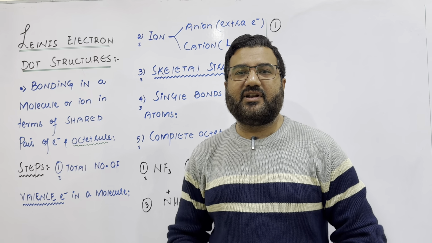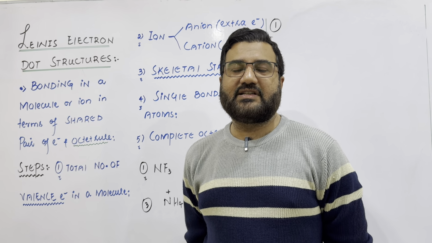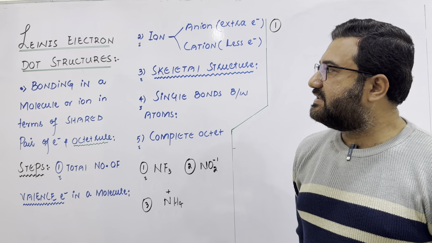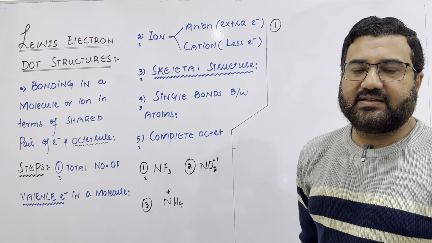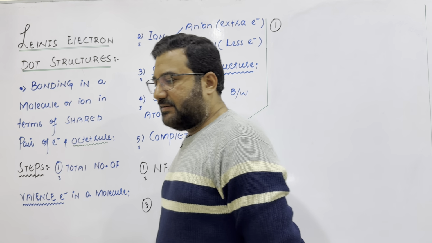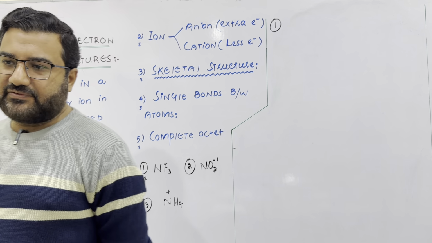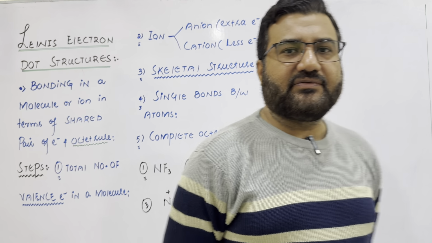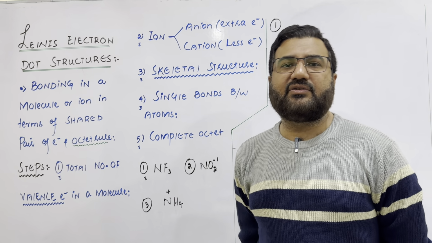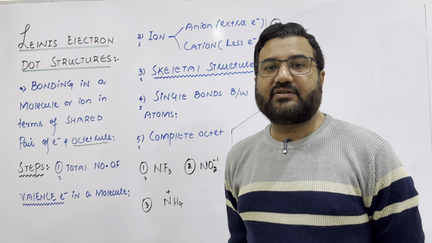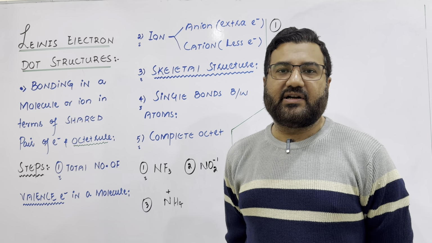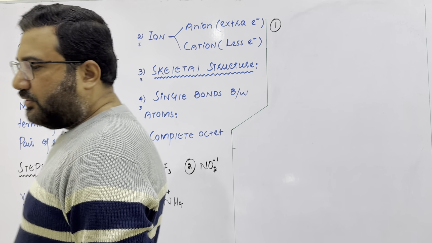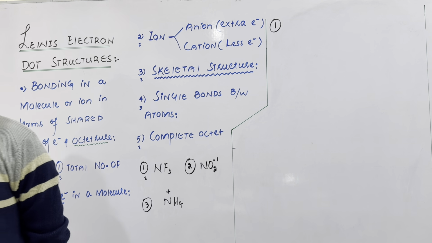Welcome dear students to another very important topic of the chapter chemical bonding, and that is the Lewis electron dot structures. My dear students, Lewis electron dot structures are basically those structures of a molecule which show the bonding in a molecule in terms of the number of shared pairs of electrons, number of lone pairs of electrons, number of single and multiple bonds. Lewis electron dot structures, no doubt, provide the idea of the bonding in a molecule,